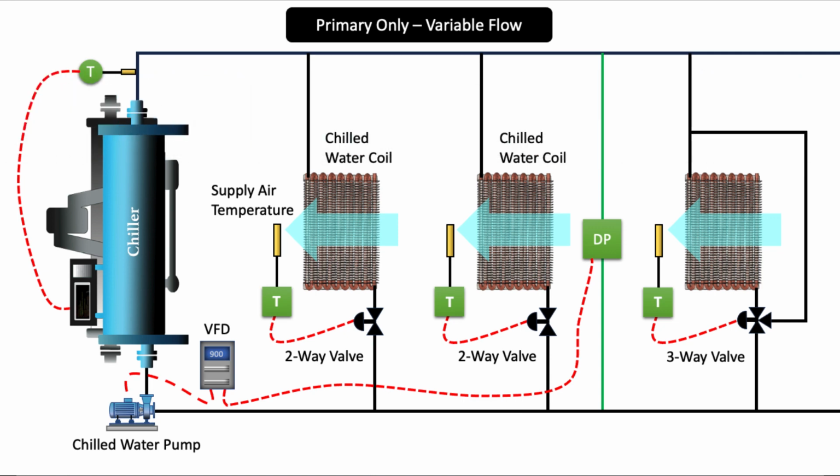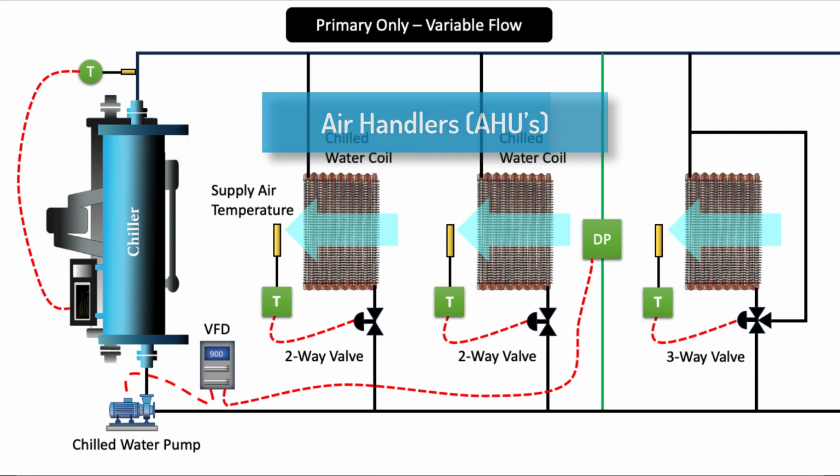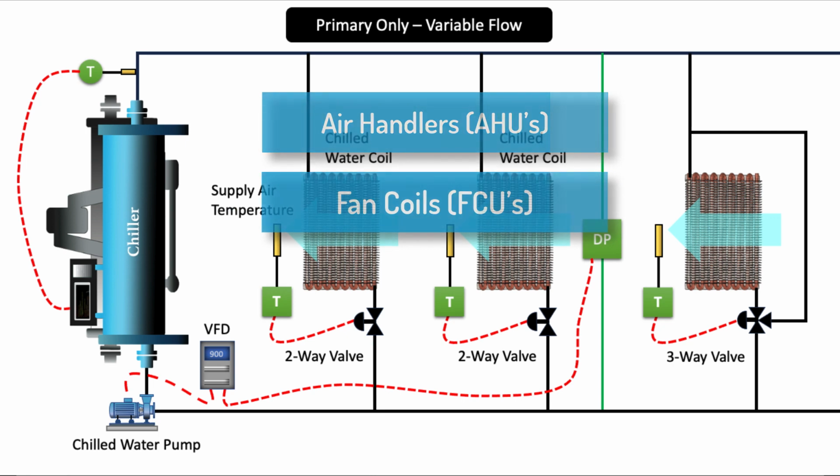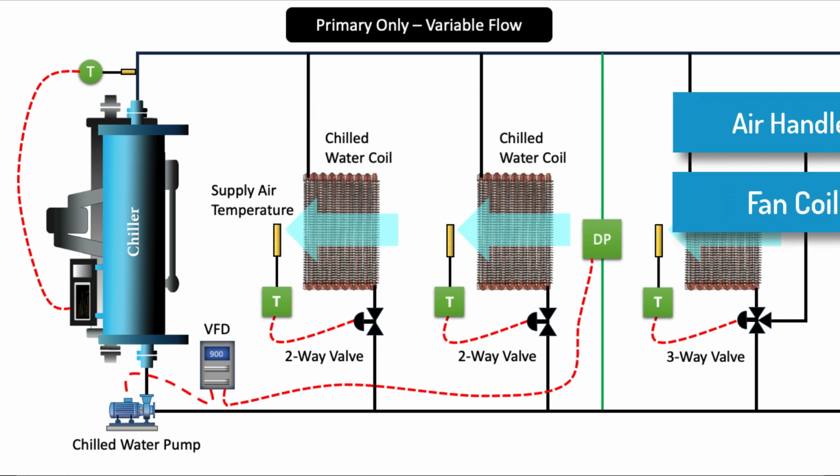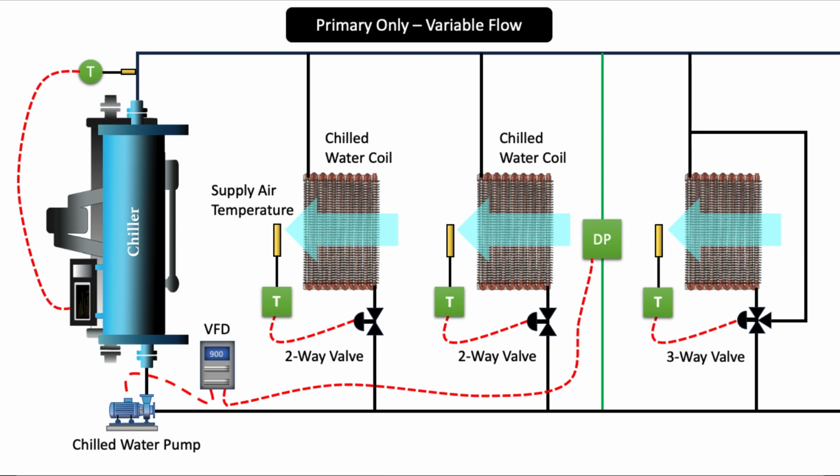The chilled water is then distributed to the various cooling loads such as air handling units, AHUs, fan coil units, FCUs, or other cooling devices in the building. The chilled water is distributed using variable speed pumps. Primary chilled water pumps. The system relies on one or more primary chilled water pumps to circulate water through the chillers and the entire distribution system. These pumps are typically equipped with variable frequency drives, VFDs, to adjust the pump speed and flow rates based on